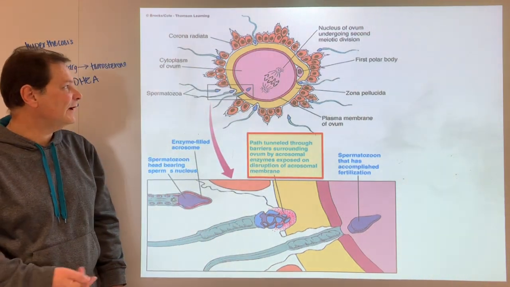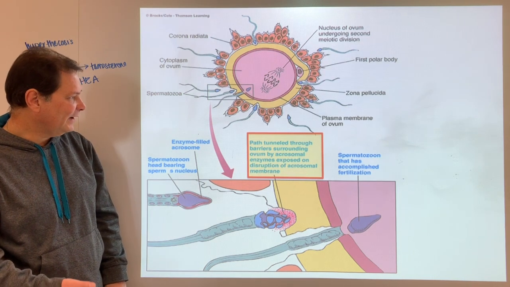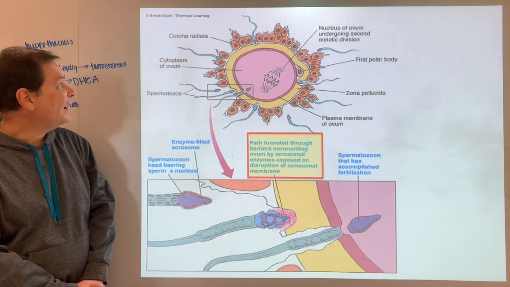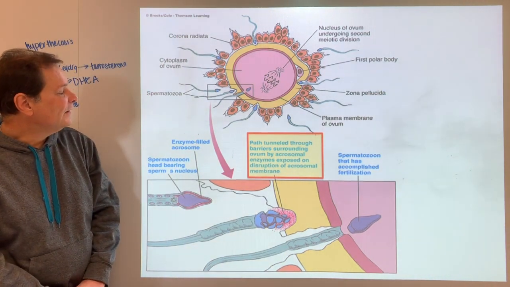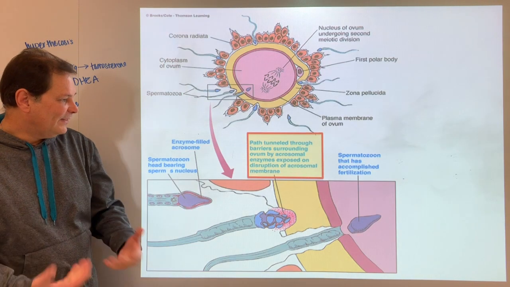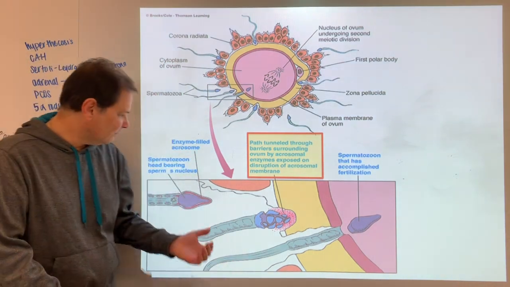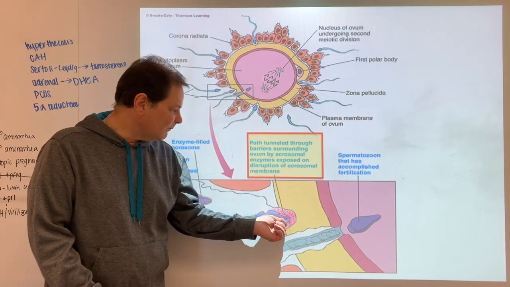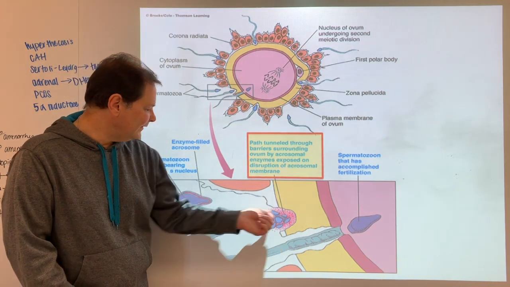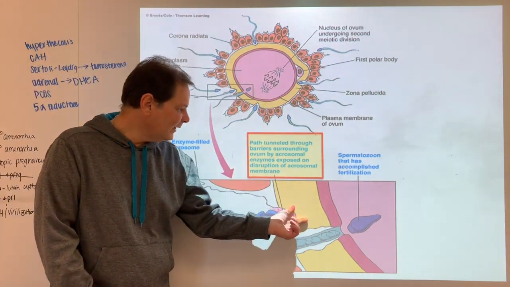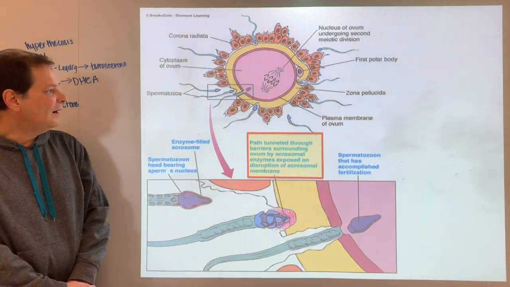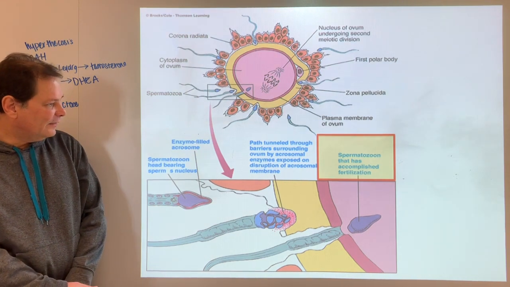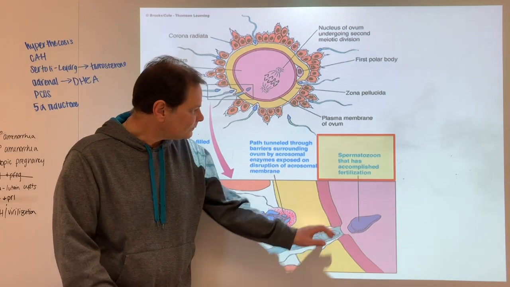When you get ovulation, some of the cells still stick, and then it hits and binds to the zona pellucida, and the acrosomal reaction takes place. So you guys will remember the acrosome covers the head of the sperm. The sperm binds to the zona pellucida, it releases the enzymes that are in that acrosome, and they eat away at the zona pellucida. And once the sperm has tunneled through,